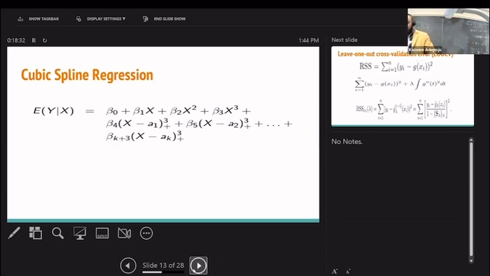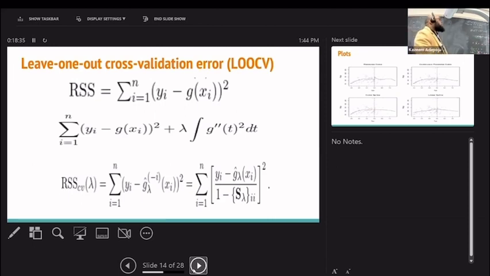Okay, now, of course, we also reduce the residual sum of squares. I told you the other time, the residual sum of squares in a conventional linear regression, right? We want to reduce the error. Now, even in the spline, we also want to reduce the error. Therefore, if you take a look at what we are adding, lambda times the integral of g double prime t squared, it means that with lambda, there's going to be a penalty. Does that make sense? I'm going to explain all this to you, but what I'm just trying to say is that we are now introducing splines,